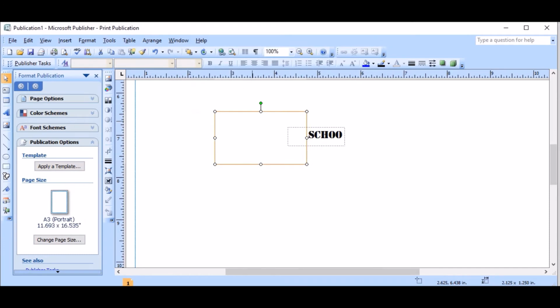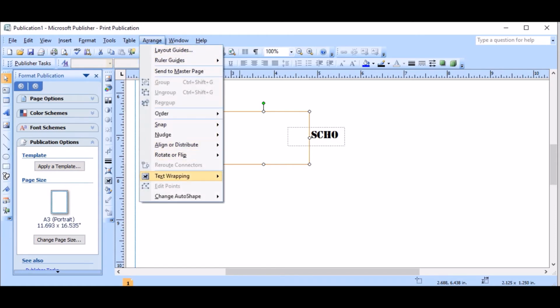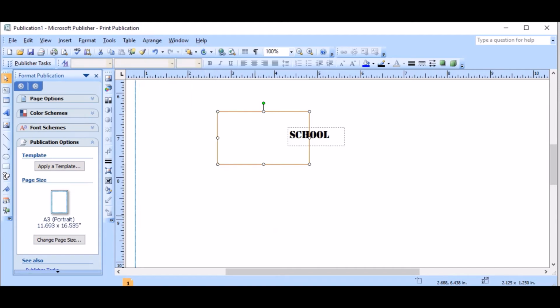Okay, so you can see the frame is of orange color. You can bring it to the back or forward, it's your choice, because it's pushing it back. So arrange, text wrapping, square or through, top and bottom. Look, we can see both of them. One is lying above the other.